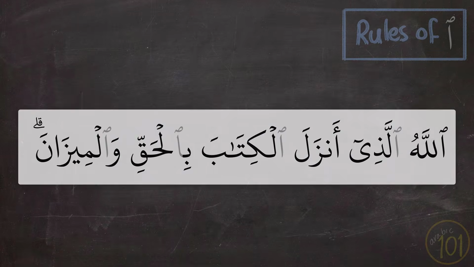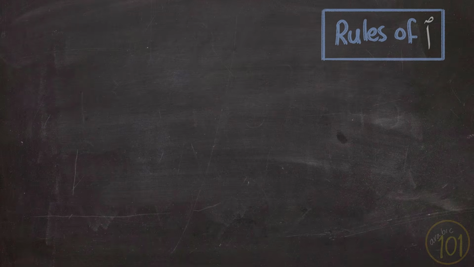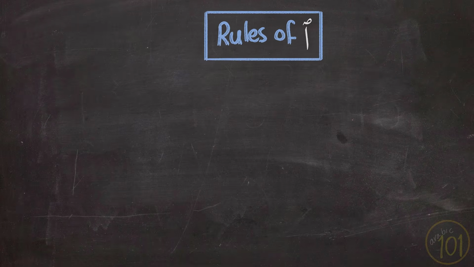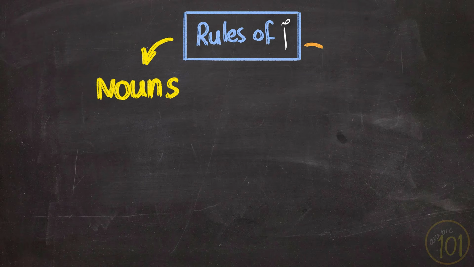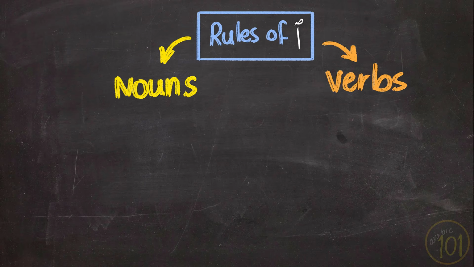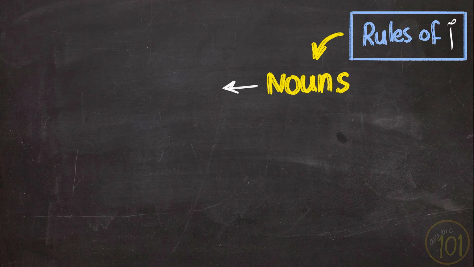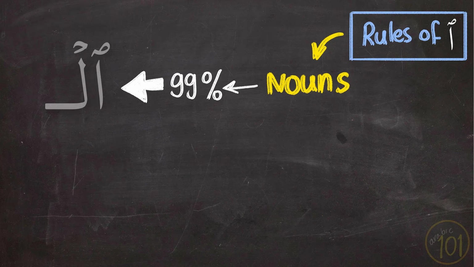So these rules apply if you wanted to start reciting at a word starting with hamzat al-wasl. Hamzat al-wasl can appear at the beginning of nouns or verbs. If it is nouns, then 99% of the time it would be a word starting with al, the definite article